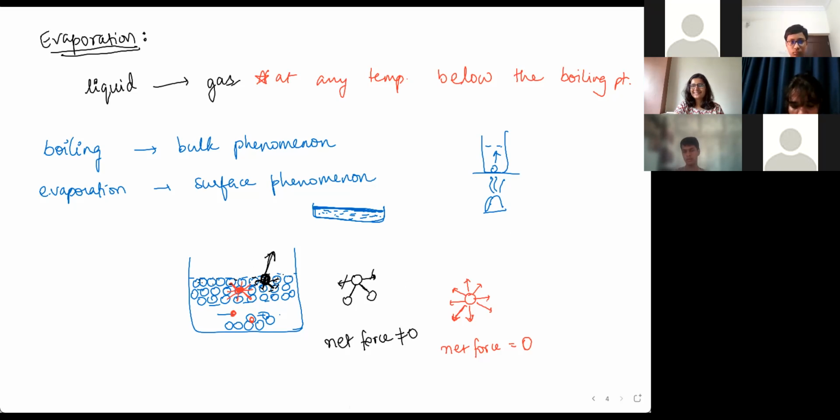Ma'am, doesn't the evaporation speed depend on where you are as well? Absolutely. So evaporation, again because of whatever we studied, only molecules on the surface are able to evaporate. So if the surface area is more, the number of molecules you have on the surface is more. So greater surface area means more evaporation. And the second thing is